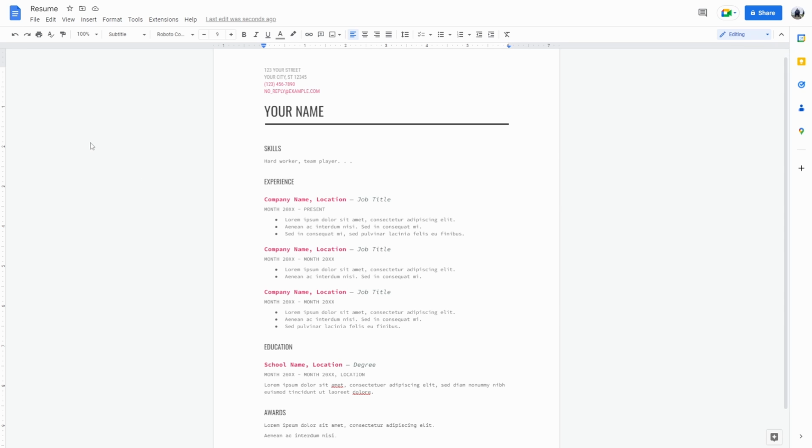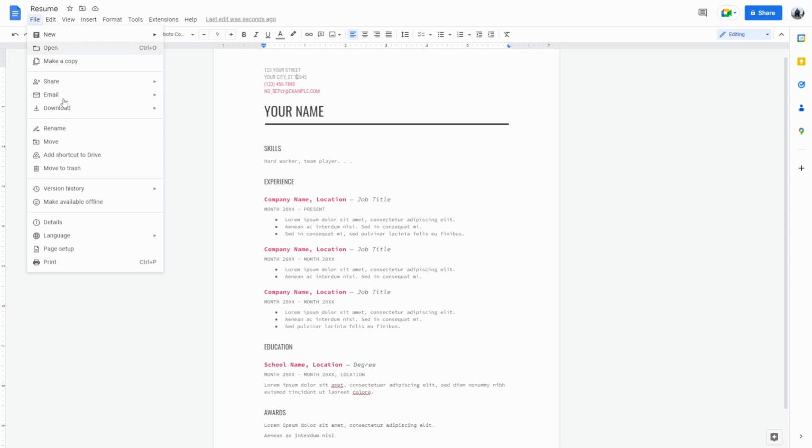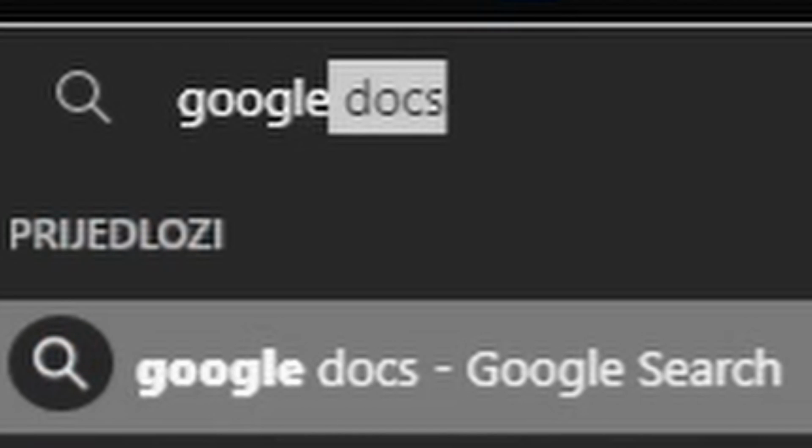sending a resume is not going to be okay if, for example, you send it in Google Docs as a Google Docs document. You have to go to File, Download as PDF document, and it is that document, it is the PDF document that you're going to download. That's the resume that you're going to send to your employer, unless they want something like a Microsoft Word or something. Now, going back to the templates, if you want more templates, you can just type in